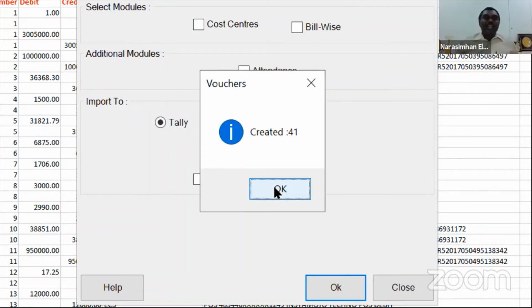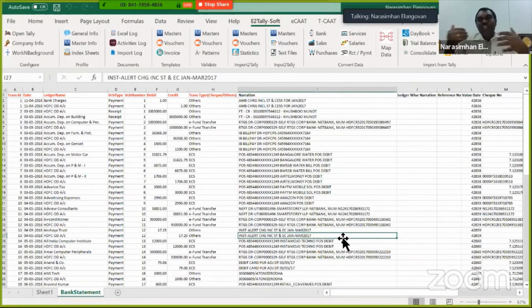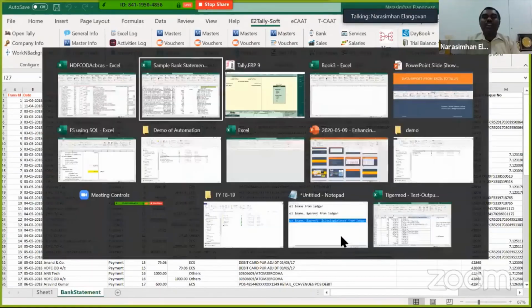Okay. So basically this entire process, my dear friend, how much time did it take? Now this is 41, because I showed you only 41 vouchers in this particular bank statement. Even if it has 5,000 transactions, normally in a span of 5 to 10 minutes, it's able to complete. Now, assuming you are not able to figure out certain line items, and we know what we normally do, we just go choose suspense account and go ahead. So this is one such case of how you are able to bring in automation.